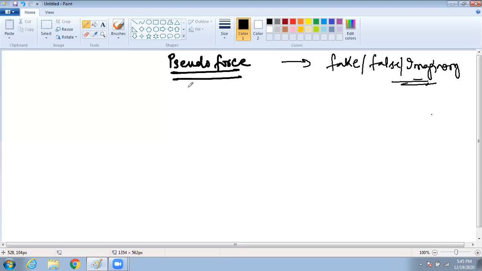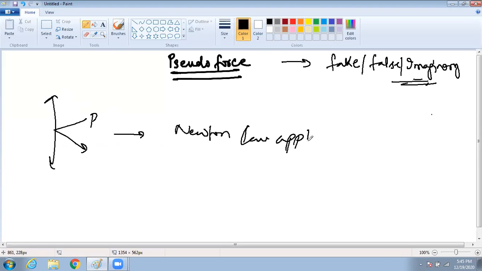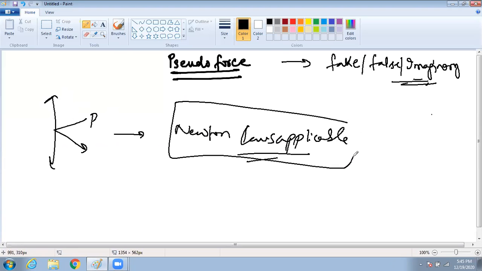So till now we have done a lot of problems: pulley problems, normal reaction problems, inclined plane problems, spring problems. We were able to solve all of them, and in all the problems Newton's laws were applicable. Yes or no? Then why is pseudo force important? Pseudo force is important